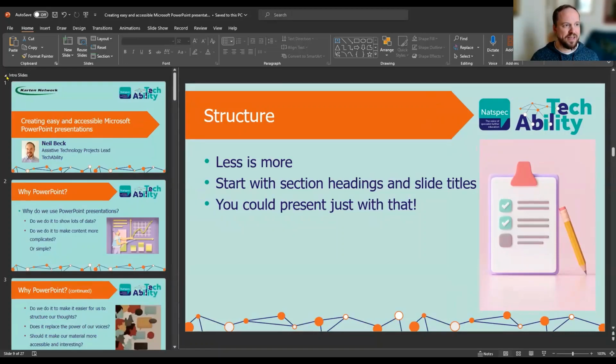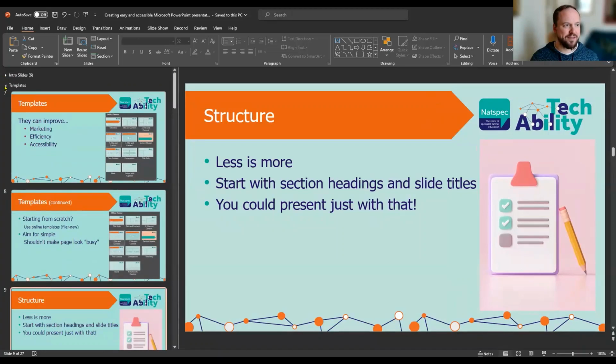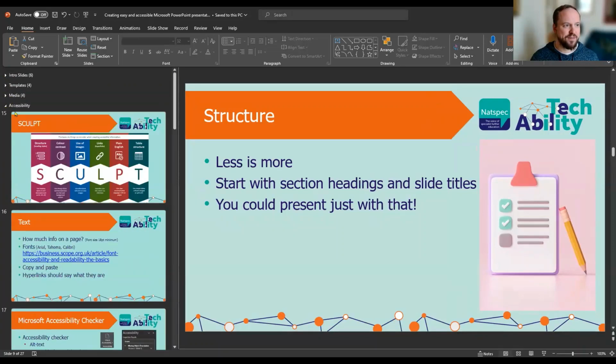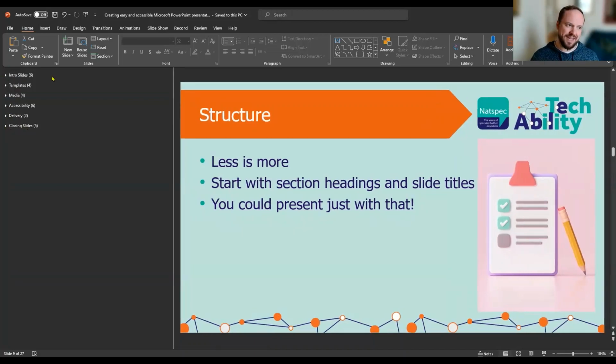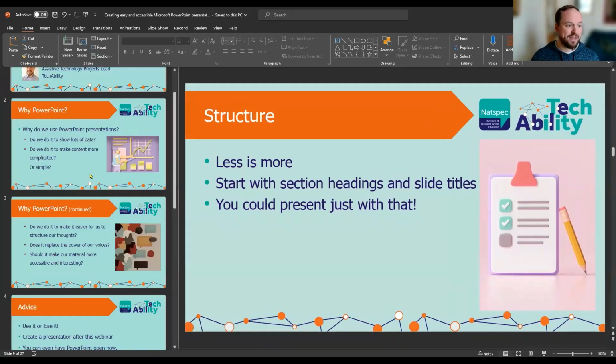What I've also got is some section headings, and these are collapsible. So I can collapse these down to show you the format of my slides. I created these section headings first, and I knew I wanted to talk about templates, different media, accessibility, delivery, and then have some kind of closing slides with resources and things like that. So how we make those,